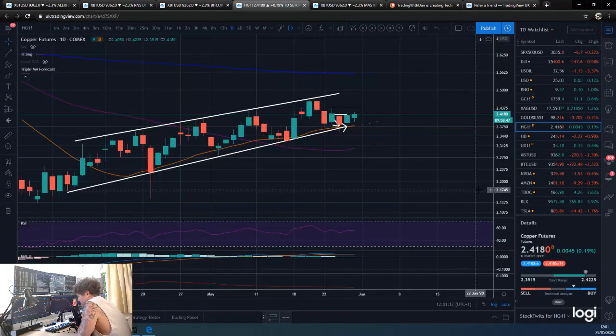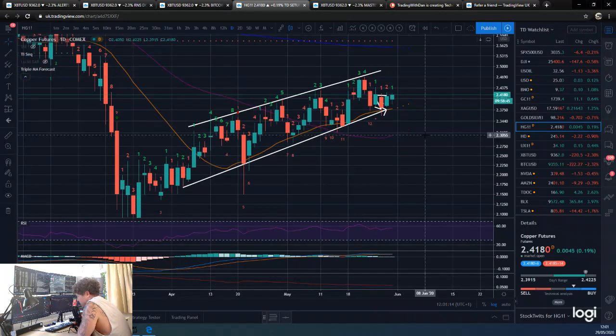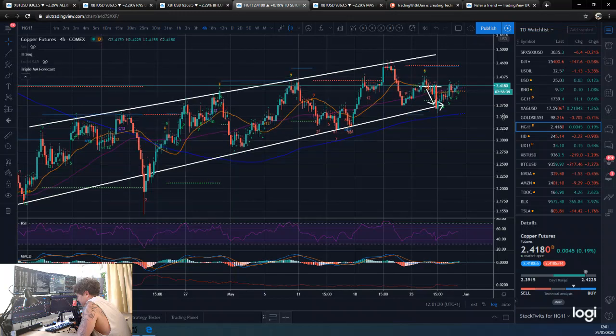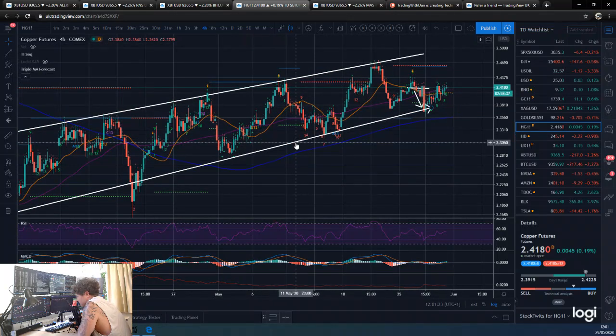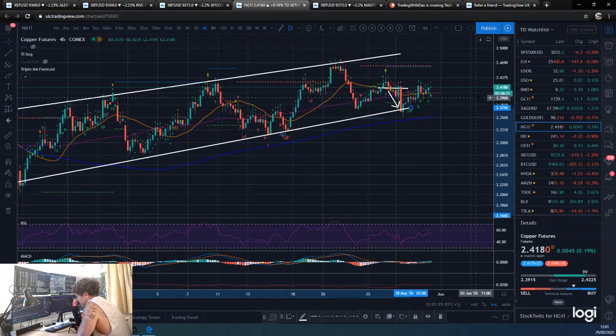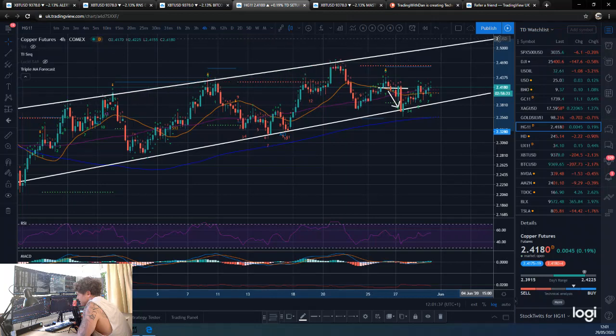Copper dropped out of bed. Yeah, no, copper's just respecting our channel. Copper is another example of something that is trading very nicely, very easily, very well for us. Let me just get rid of this arrow on this trend line, but we will extend these now. We will hopefully extend them. Yeah, we'll extend them. Extend and pretend.